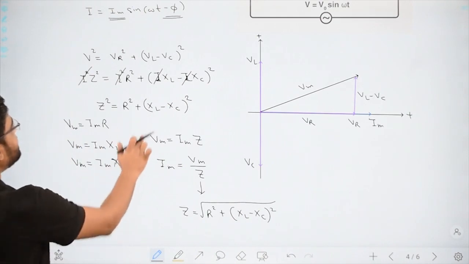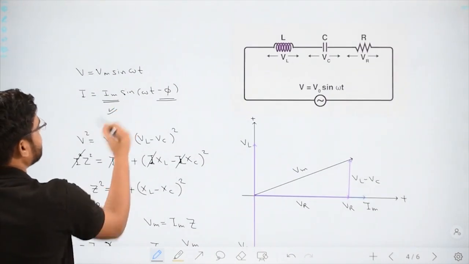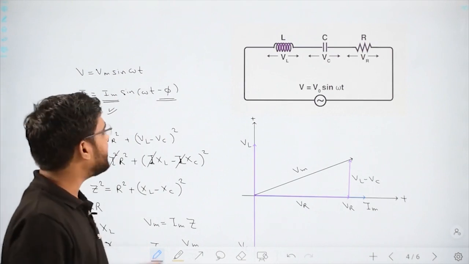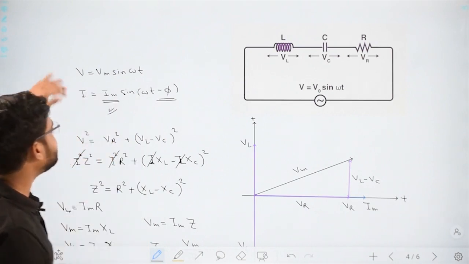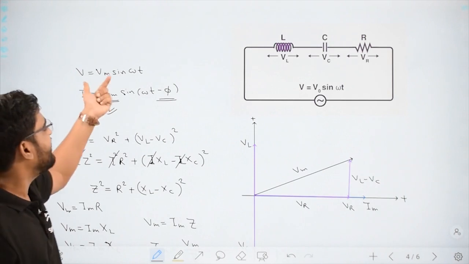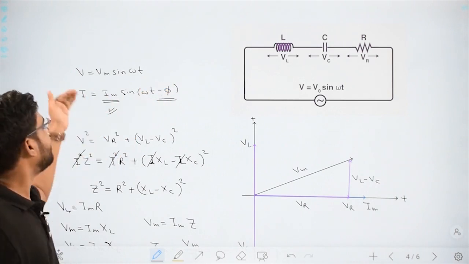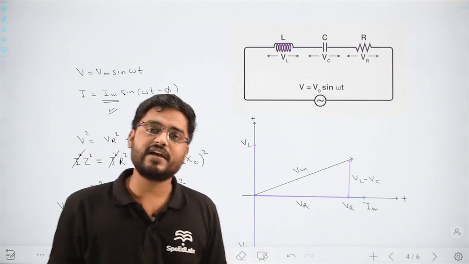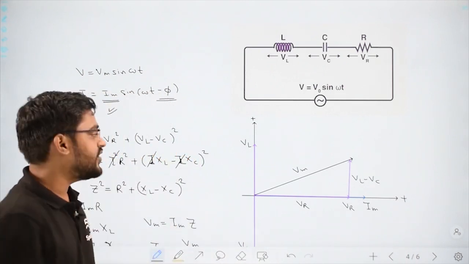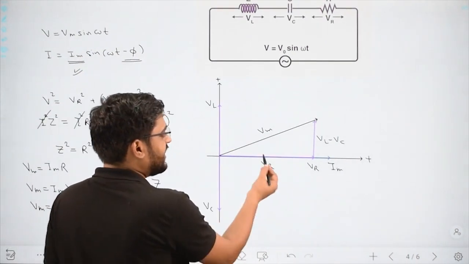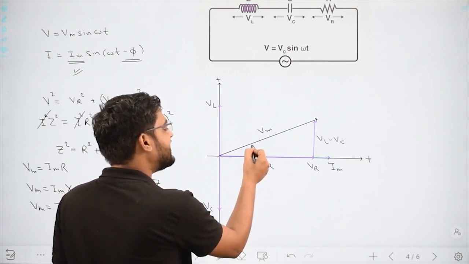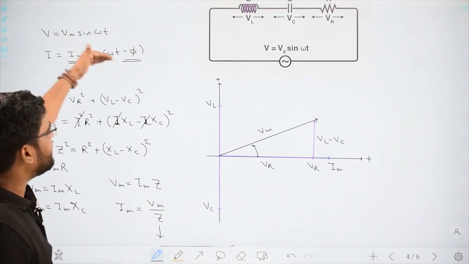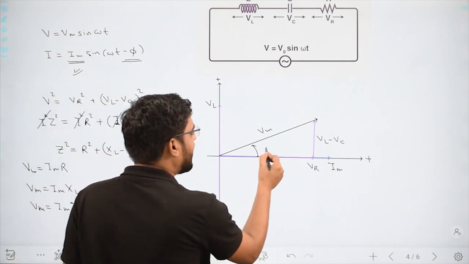Now first purpose is fulfilled, we got this. The second purpose is to know phi. So phi is what? Phi is the phase difference, and as per this figure, you know that V is on 0, right? And the current is minus phi. So who is lagging? It is the current which is lagging by an angle of phi. So here we are saying that V is leading by an angle of phi. So this angle must be phi.